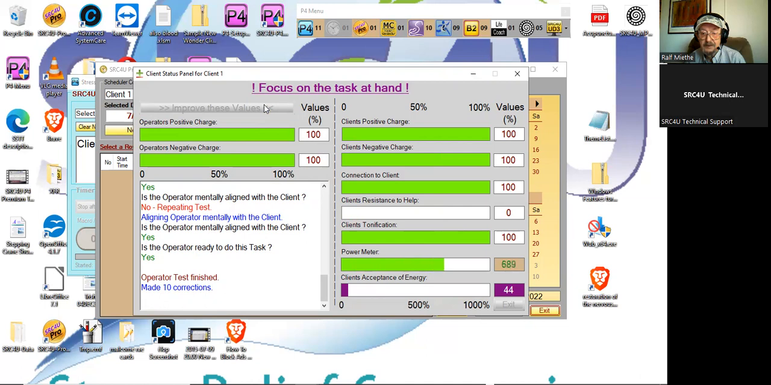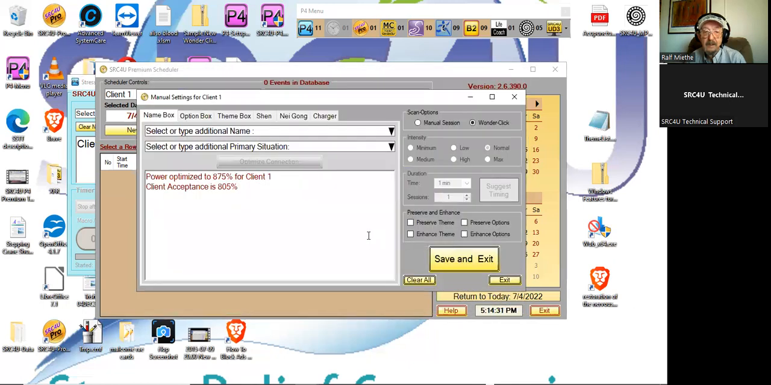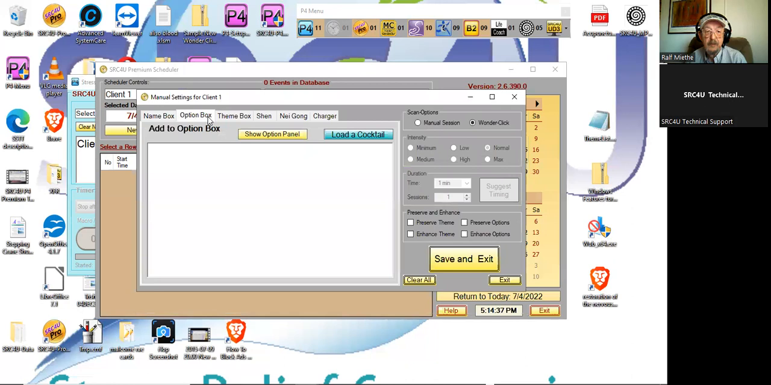And as we can see, there will be a lot of power involved in this. And the acceptance of the client is very high. So click OK. And now we click on the options box first, go back to our P4 session,